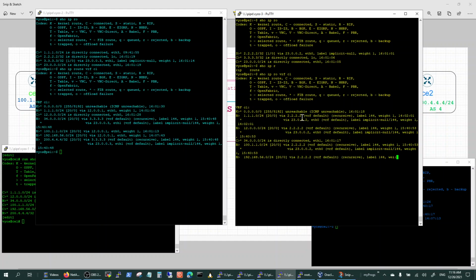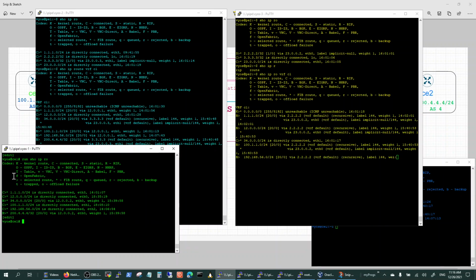This one is not coming clean with all the label information, so you're going to have to adjust your window size accordingly to see it clean. But the global routing table does not have these routes, and these routes are exchanged through MPLS labels here, as you can see. Let's test the connectivity